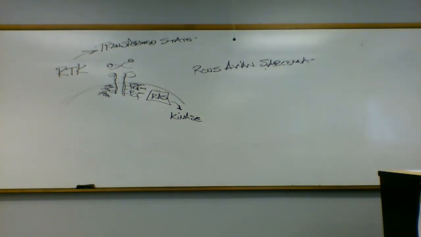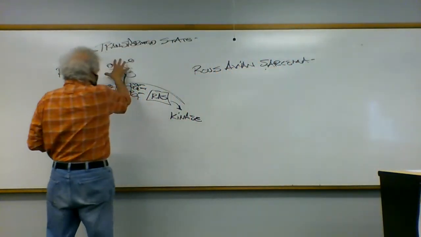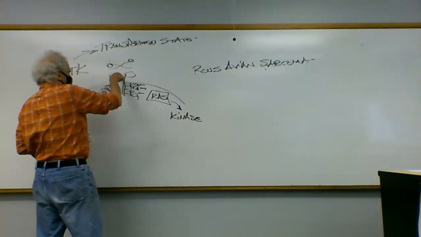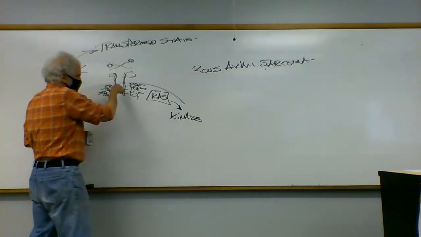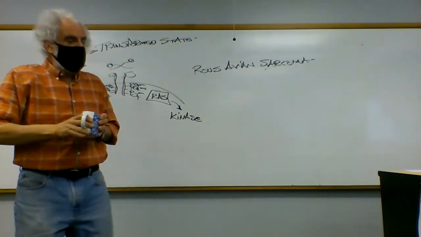Oh, the cross-phosphorylation is occurring on the cytoplasmic side. Okay. Yeah. The receptor, the external side, simply binds the hormone. It doesn't involve phosphorylation. The kinase activity is inside. Cool. Yeah. All right. So